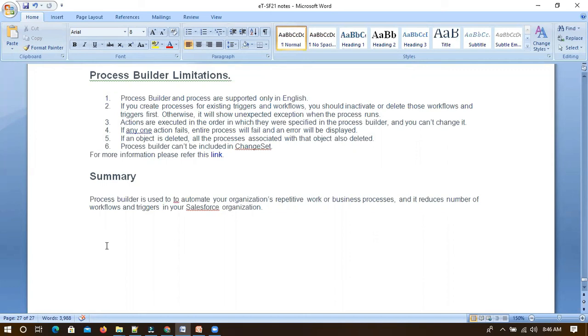You can define the email body, you can create email templates. That template you can use in an email alert, and that email alert you can use in a process builder, right? All this stuff you can do. At least you have an idea how it can be dealt with. Is it okay or not? Say yes or no, or something.